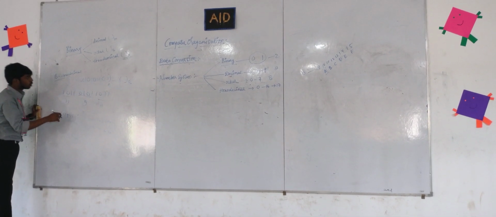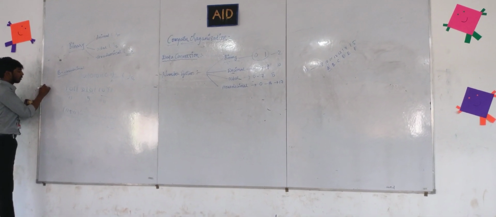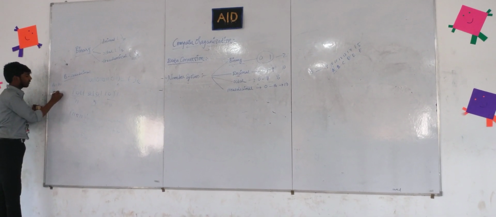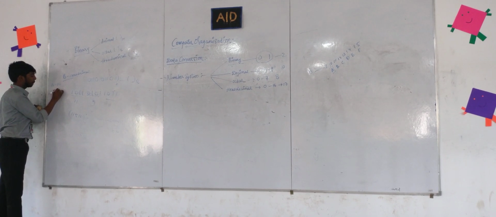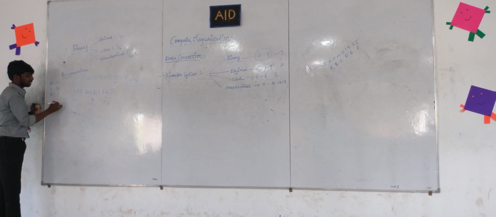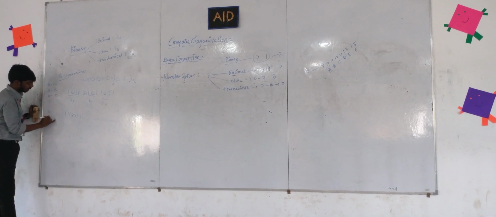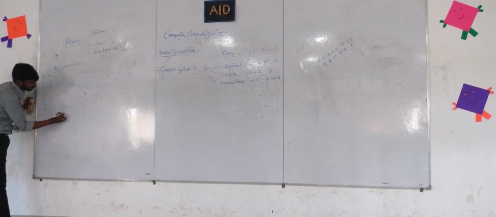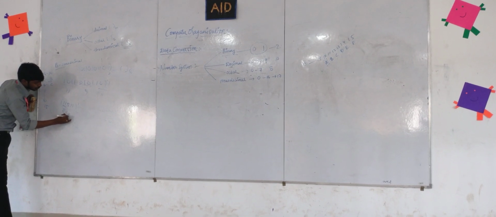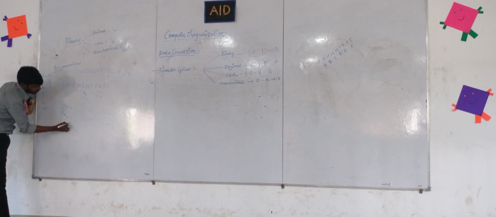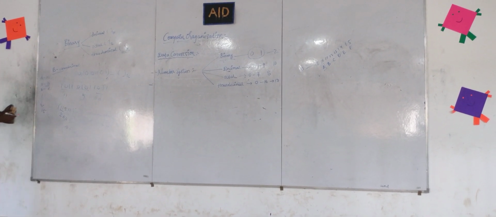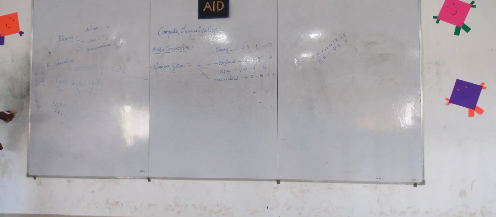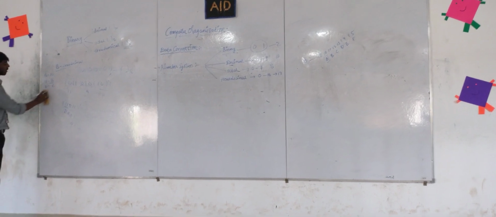But we know that in hexadecimal for 10 we take the value A, right? For 11 we need to take the value B. For 12, C. In the same manner you will take until 15. So what was the value of 11? It's B. So you will write 5 as it is, and then B. So the value is 5B. Hope you all understood.